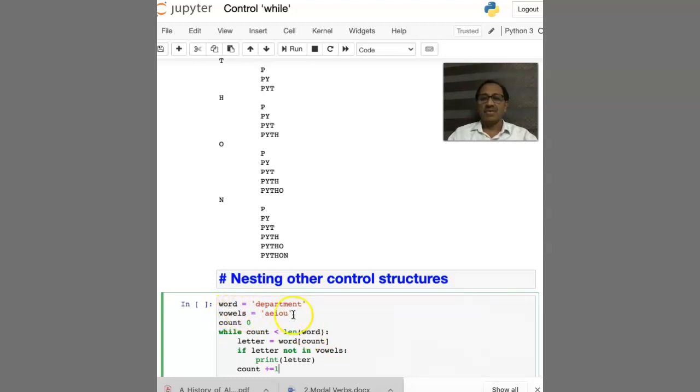Okay, now word is department. Department is assigned to the word. A, I, O, U are the vowels. This is also a string. Then count is 0. Then what we have is a loop for iteration,